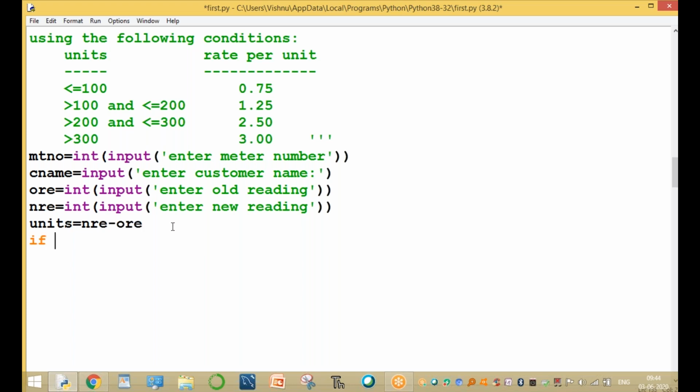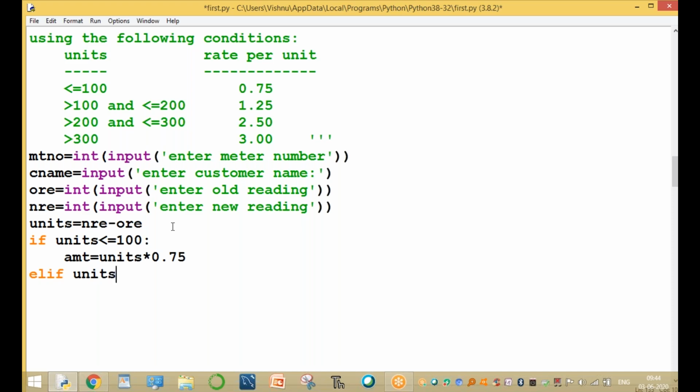Here, if units value is less than or equal to 100, the amount variable AMT equal to units into the each unit cost, 0.75 paisa. That is the first one.